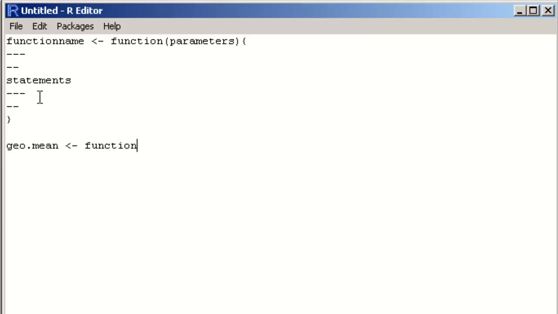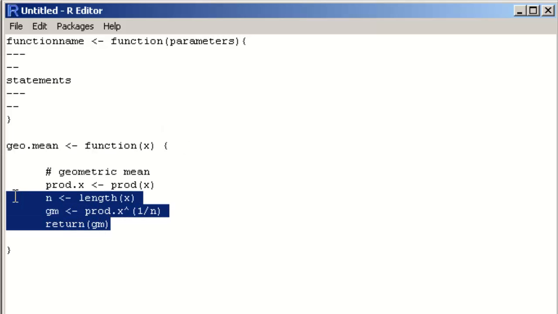I'm going to open curly braces. In this one, geomean is the same as the function name, and the parameter here we have given is x as a single parameter. We can give any number of parameters when we actually define or execute the function, and all our statements for this function will go between these curly braces, which I'm going to write now.